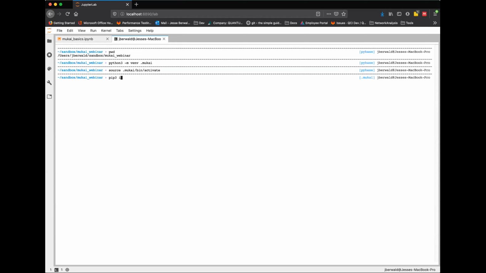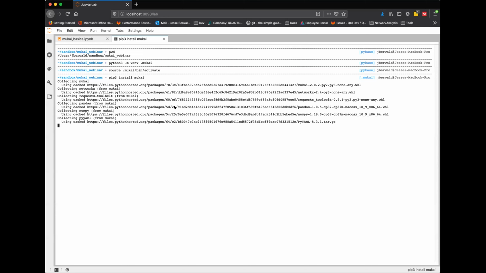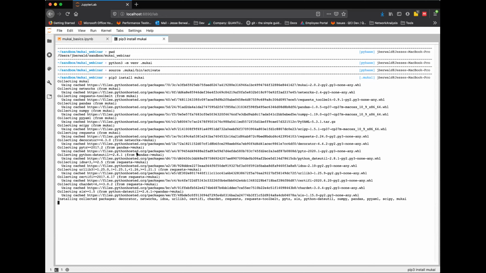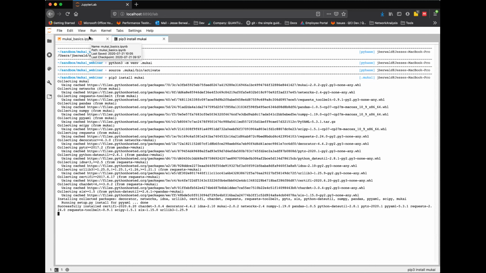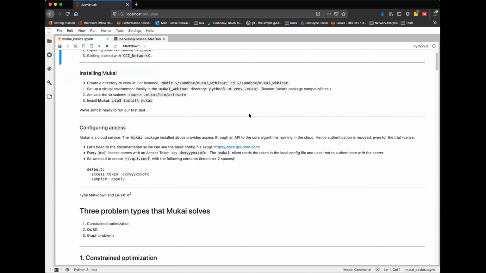We're going to install Mukai just from pip, and it has a few dependencies: normal numeric libraries and stuff like that, the requests package, pandas for tabular data. It's downloading it all, and once it's installed, okay. So that's basically the install step. Typical Python install, nothing too big.